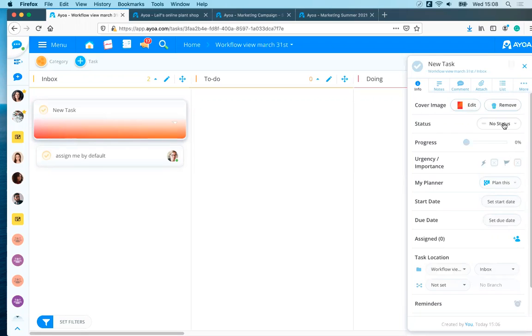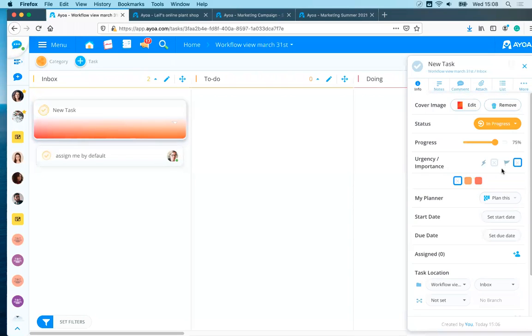Then under status, we can communicate whether this is in progress or in hold, or later on, we can mark it as completed. So I'm just going to put it in progress for now. And that allows me to use the progress bar so I can communicate how far along this is. Underneath here, we've got urgency importance. So you don't have to use this. I would use these for tasks that really need your attention. So you can mark something as super urgent,